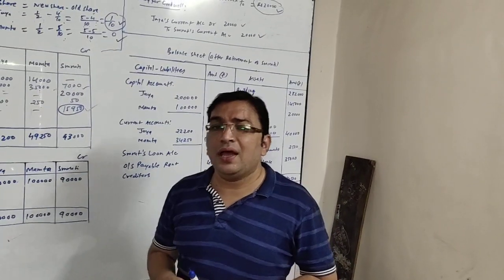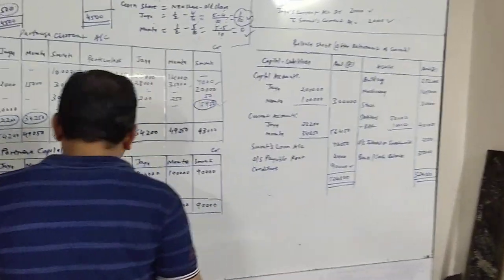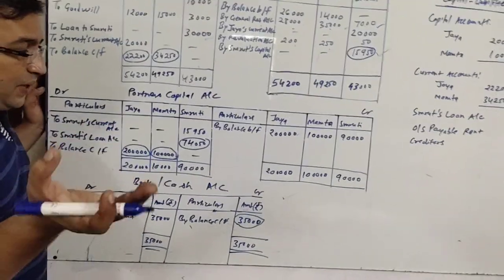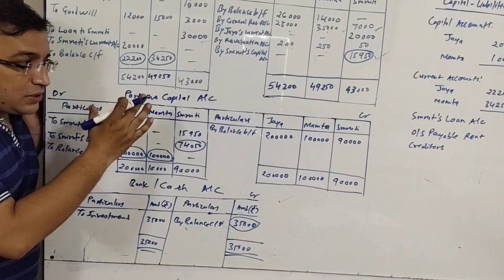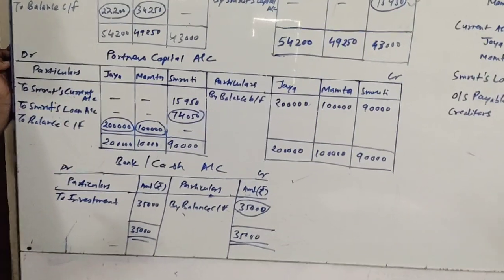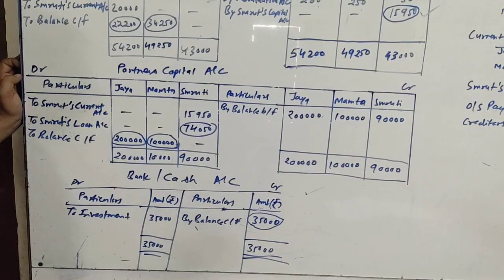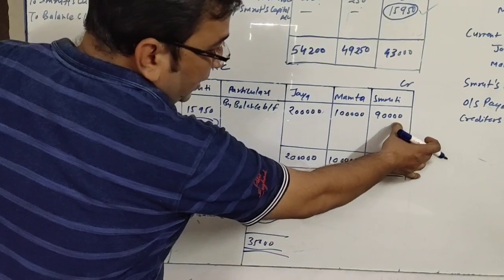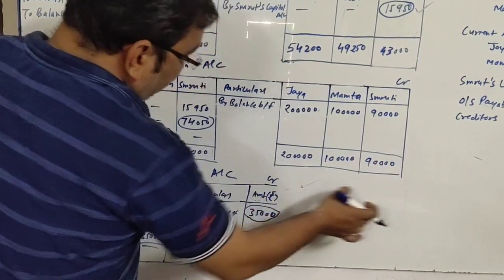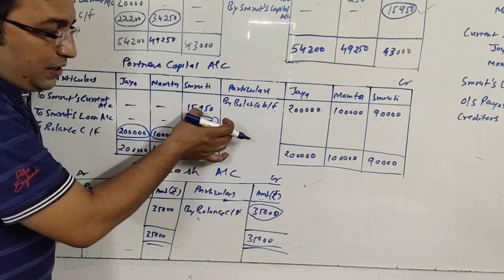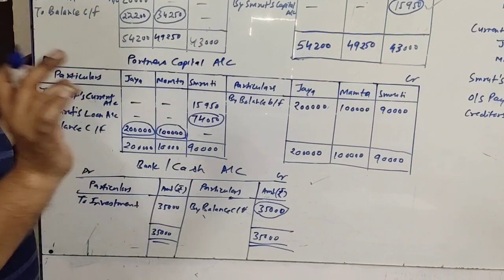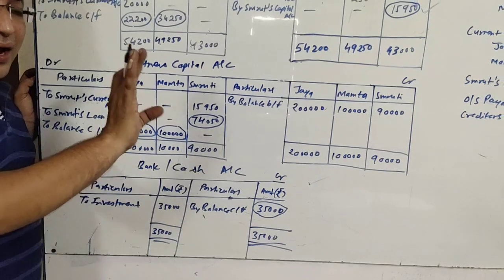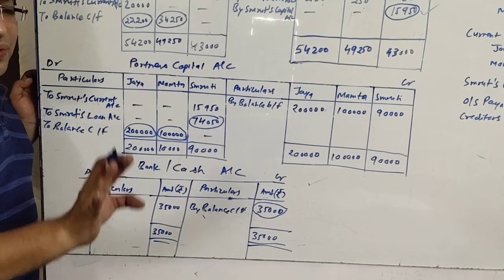Now we will be closing the capital account. We very well know that when we close capital accounts, first of all we need to deal with the capital account of the retiring partner. Here Smruti is retiring and we will see 90,000 is on the credit side and on the debit side there is only one entry, 15,950. So the difference is 74,050 and no information is given on what to do with this amount.